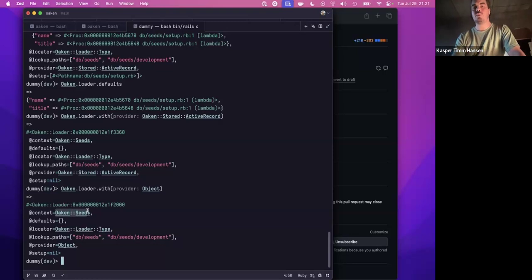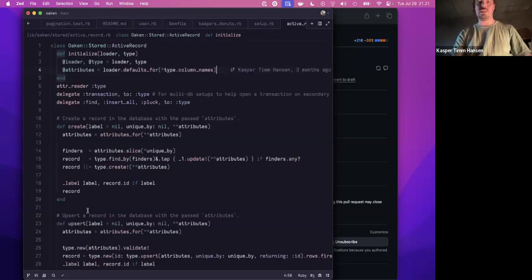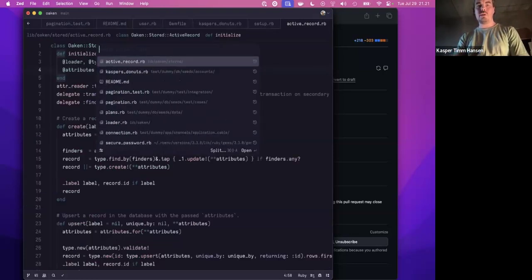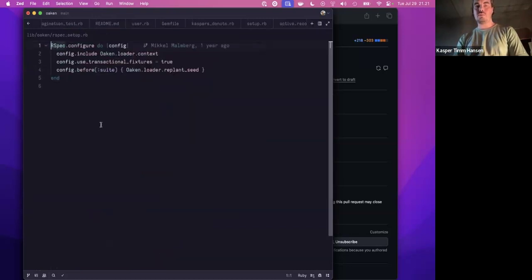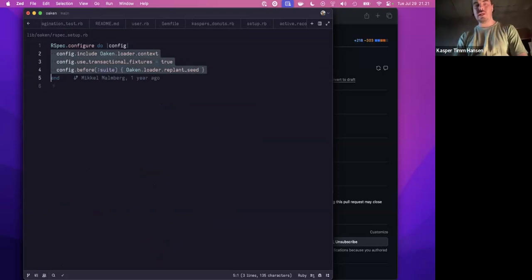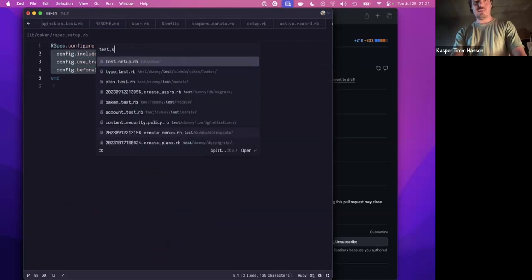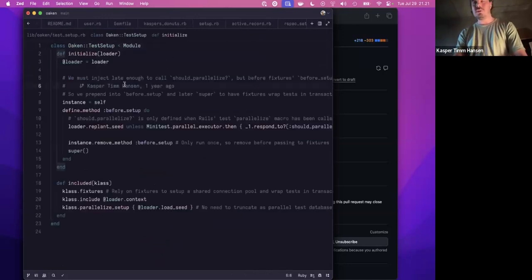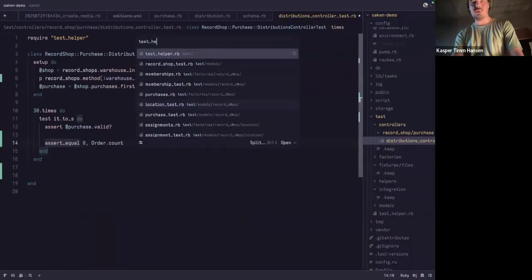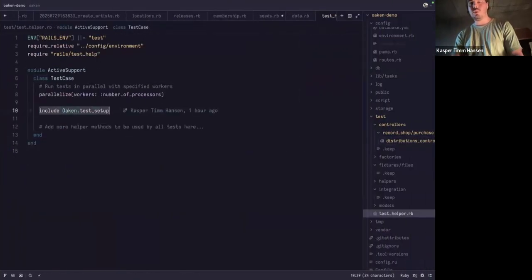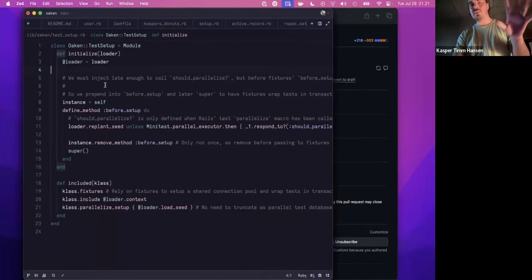And that's the one that's also included in test. I can show you that as well, if you want to see that. There is an RSpec thing in here as well, the RSpec setup. So you require this file and we do this. Again, I'm not an RSpec expert, so Mikkel, a friend of mine, helped me with that. And then the test setup. This is a little bit more tricky. I'm doing a bunch of metaprogramming here, but this is what you include in the test helper. You do include Oaken.test_setup, but it's a little bit tricky